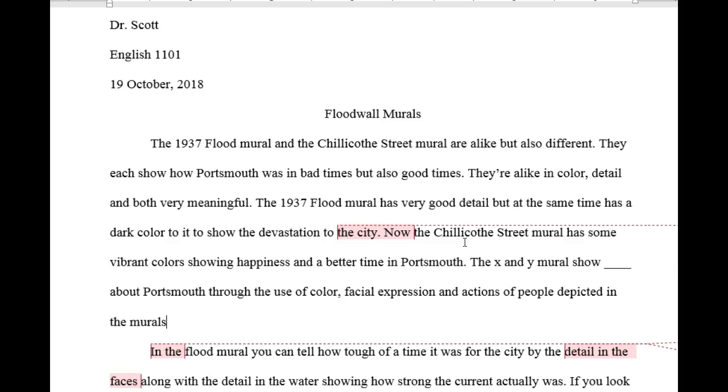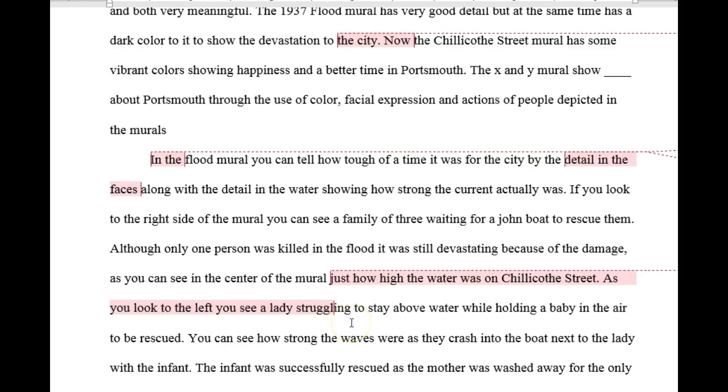I mean, you can keep writing and describing the murals, but it's going to be just summary. You're not going to really have an argument there, and you need an argument about the murals in order to do well on this assignment. So right now, the thesis statement is kind of missing. I didn't see use of sources. You've got some pretty decent detail in places, but it's not really kind of supporting anything at this point.